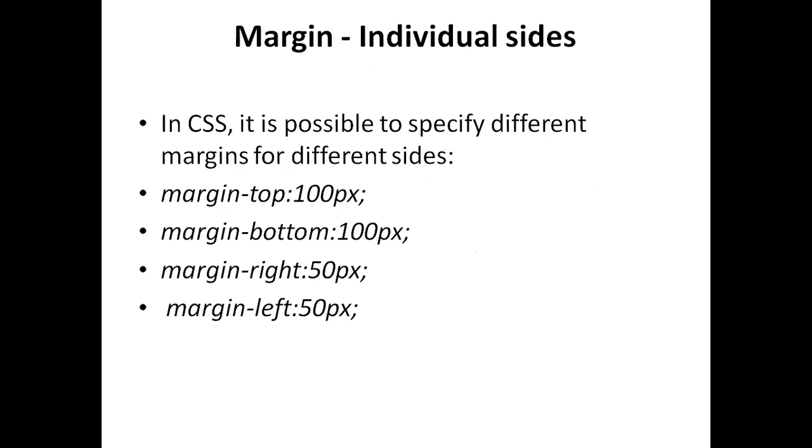In CSS, it is possible to specify different margins for the different sides. And where we actually want to put this margin, we just need to mention that particular side, whether it is top, right, bottom, or left. So we can say that in CSS, we can do things much more precisely, in depth actually. That's why CSS was later designed for HTML design, for designing the web page on a large scale.